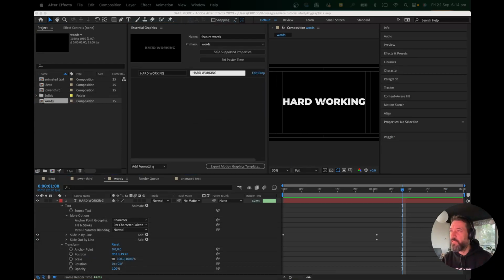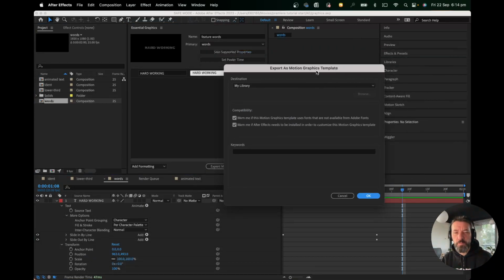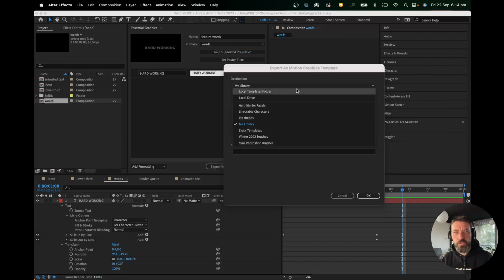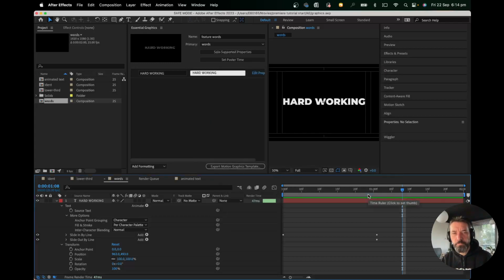And it's opened up this little panel over here that gives me a choice of destinations. Now I could save my essential graphic to a local drive. I'm going to save it to my library, and I'm going to click OK. So that will save it into my Creative Cloud. And then when I go back over to Premiere,